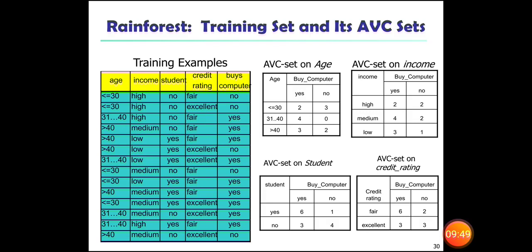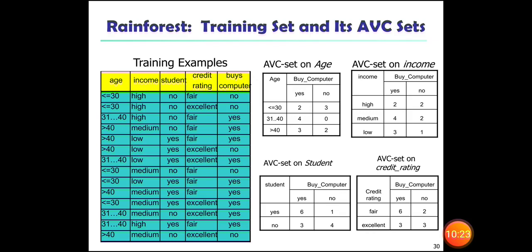Same way, if the age group is 31 to 40, then yes is 4 and no is 0. Same way, if it is greater than 40, then buys computer yes equals 3 and no equals 2. So with respect to age, the buys computer status is categorized as a small sample.